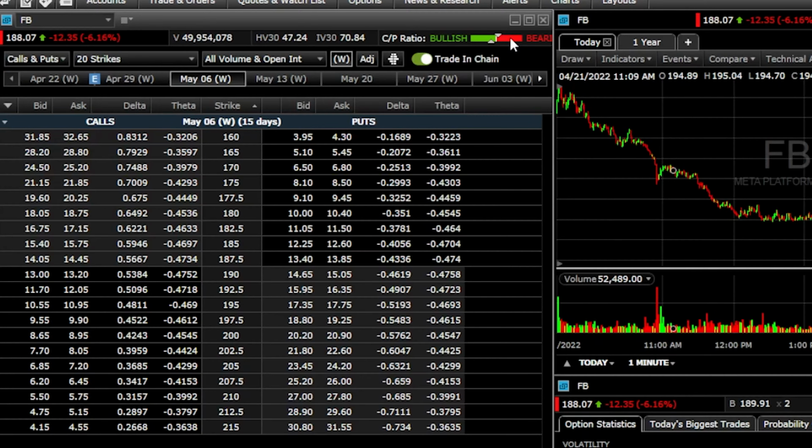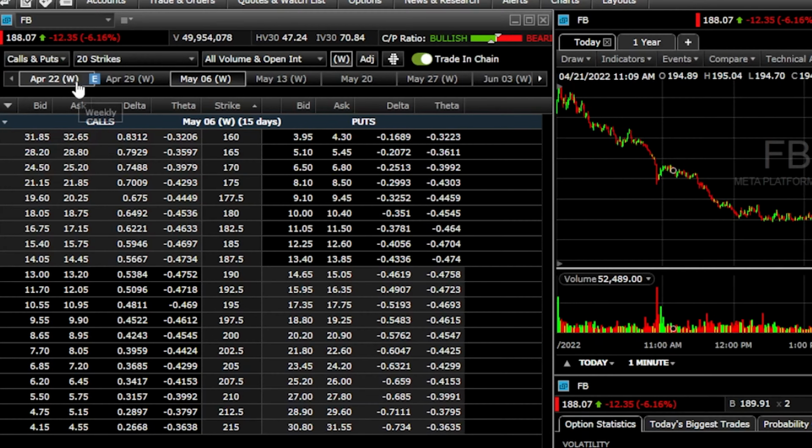Now, besides that very top line, right below that, we can see a bunch of little drop-down menus. Like right here, it says calls and puts, 20 strikes, all volume and open interest, and then a few other icons just to the right of that. Now, all of those are basically just filters, ways to filter out the strikes that you're seeing, the expirations that you're seeing, basically just filtering out the results or the strikes that you're actually viewing down below. Now, for the time being, we're going to skip over that